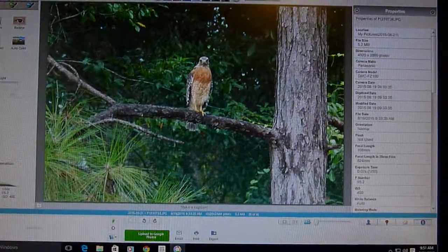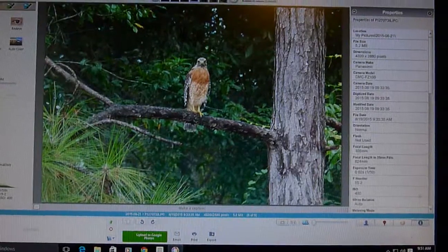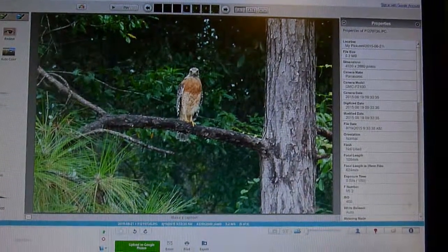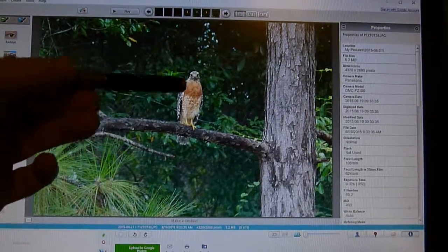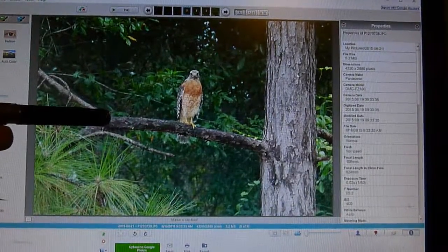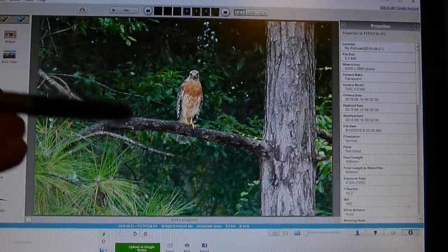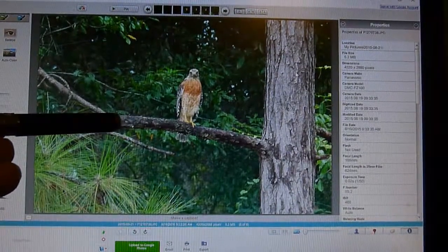This is a typical photograph, just off of an SD card, but it's in the computer now. So we'll take a quick look at it. It's a picture of a red-tailed hawk, which is right here on a branch. Now we need to zoom in and get a better shot than this, but right now what I'm looking at